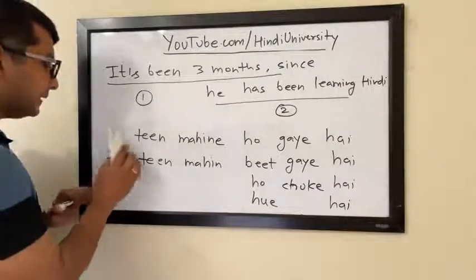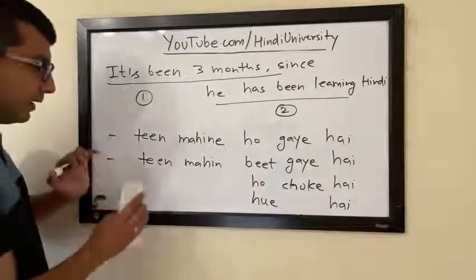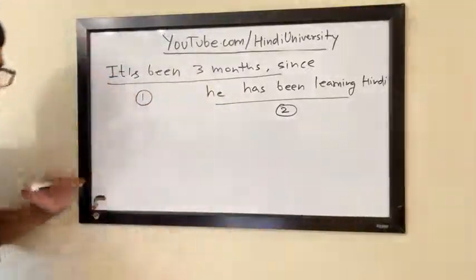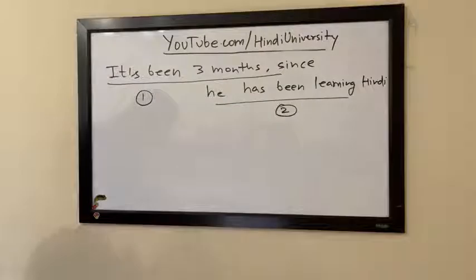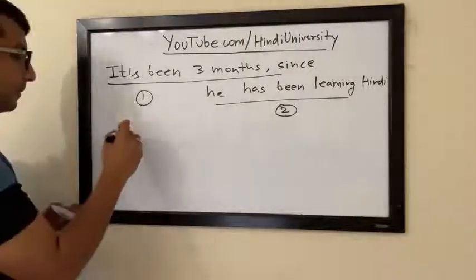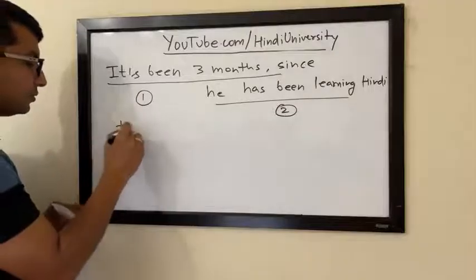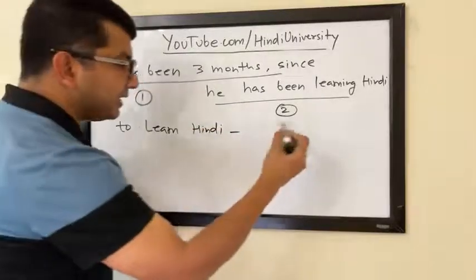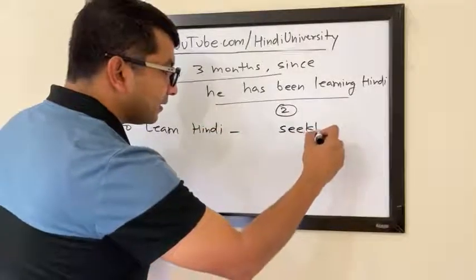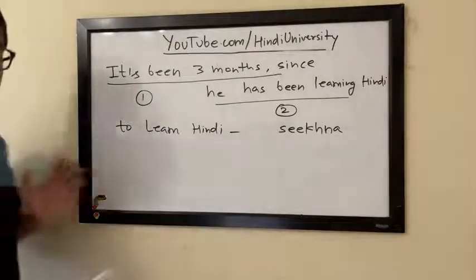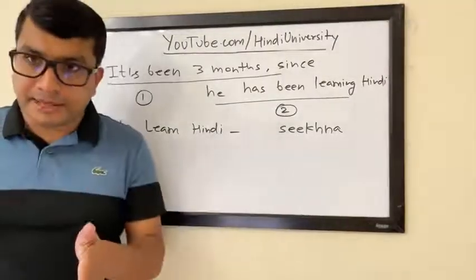Now let's see. He has been learning Hindi. So I'm going to erase it. We will come back to this part. But let's try to deconstruct the number 2 part. He's been learning Hindi. Because it's a continuity, what you do here is you take the verb. The verb here is to learn Hindi only. So to learn is seekhna. But because this activity is still going on, it started in the past, happening right now, and still going on,